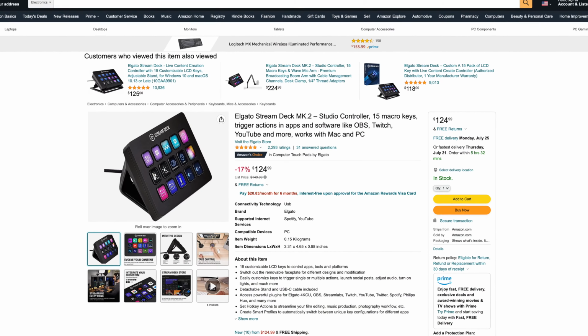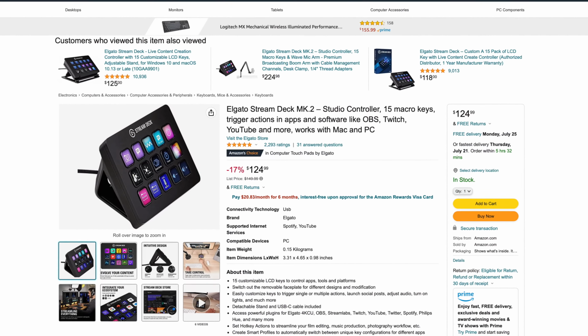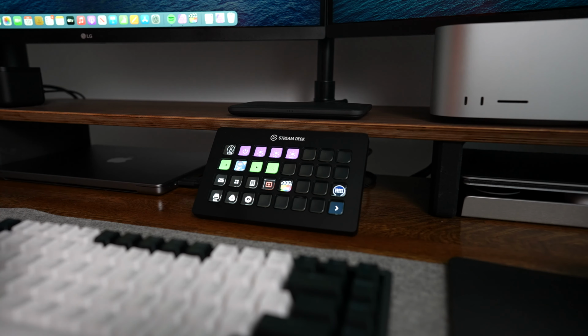I think it's been a great addition to this desk setup, but if I were to redo it, I'd probably get the standard size Stream Deck, because what I didn't know about the Stream Decks, and I honestly should have done more research before purchasing the XL model, is that you can create more pages on the screen. So there's absolutely no need for the XL unless you're some super user with hotkey commitment issues and need all of those hotkeys. And the main machine powering this entire setup is the Mac Studio, which surprisingly fits right underneath